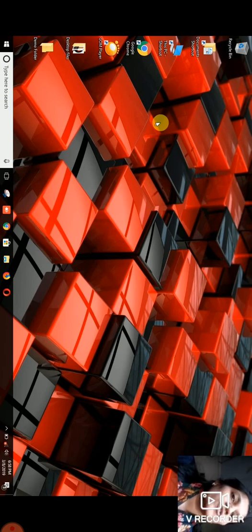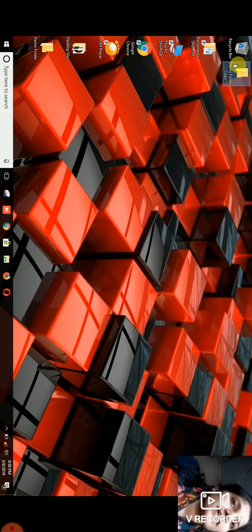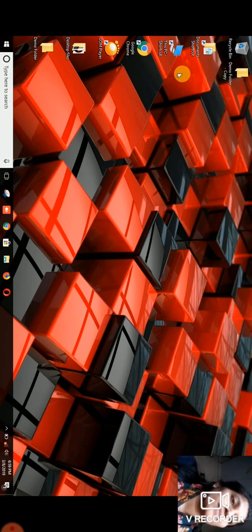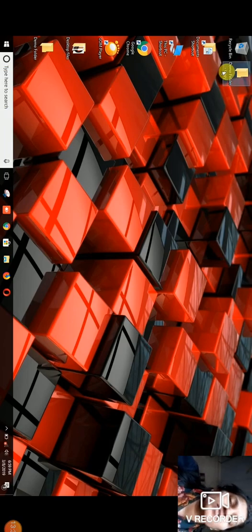So I have copied the folder. Till now I have just copied the folder, and now I'm going to paste. So right click first of all, and I'm going to click on paste. Once I click on paste, I get here the demo folder copy. That means I have copied the folder first, and then I have pasted it. So we have seen now how to copy and how to paste the folder.